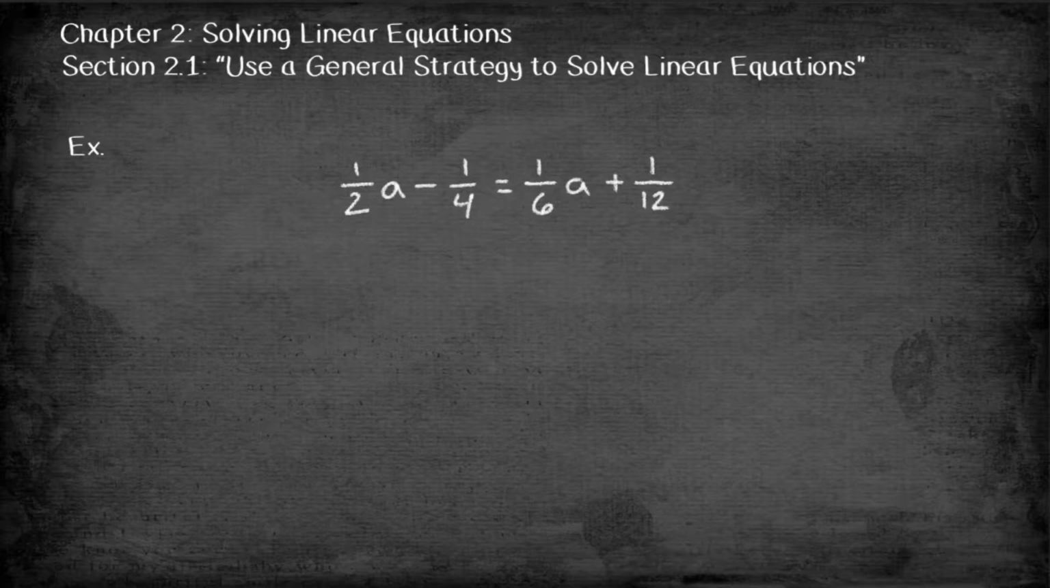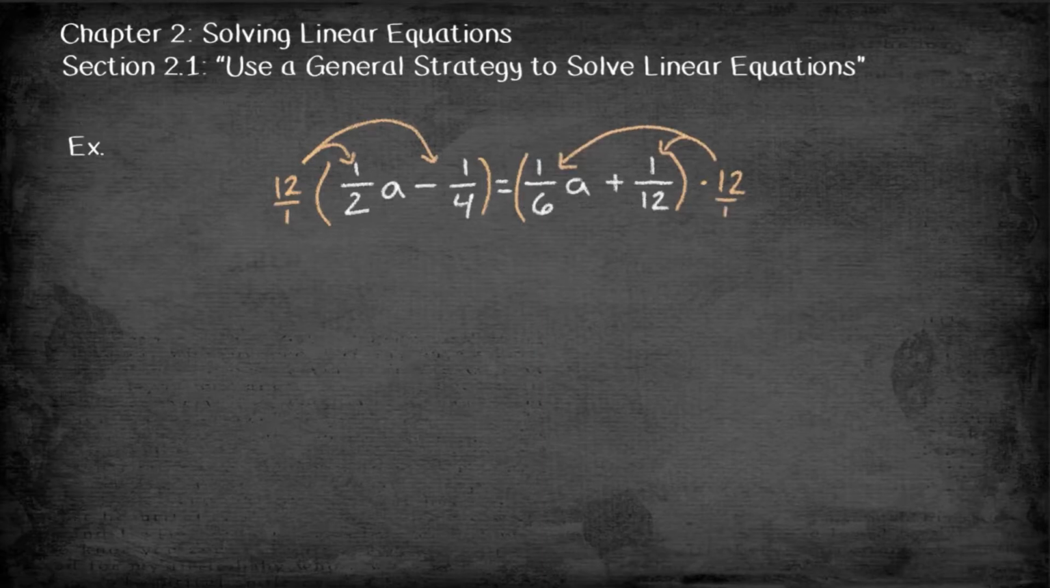Moving on, we have this guy here. Again, I want to multiply by a common denominator to clear the fractions from my equation. So looking at my denominators, 2, 4, 6, and 12, it looks like I can choose 12 as a common denominator. Again, we gotta distribute. So we have 12/2a minus 12/4 equals 12/6a